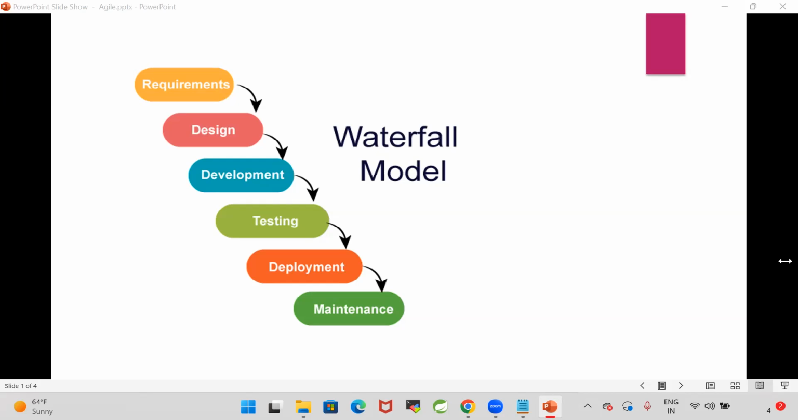Total waste, right? The client is not satisfied with the project. The client is not satisfied with our work. Time wasted, money wasted for the client. Yes or no? In the waterfall model,